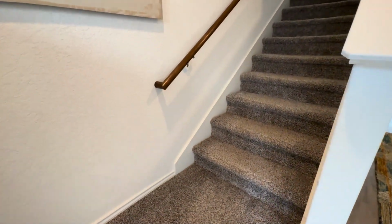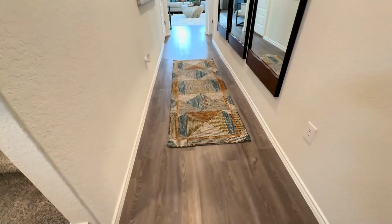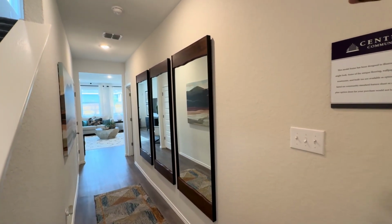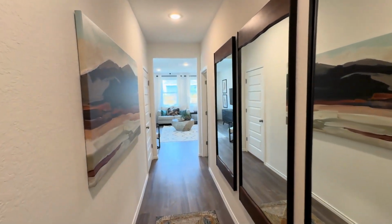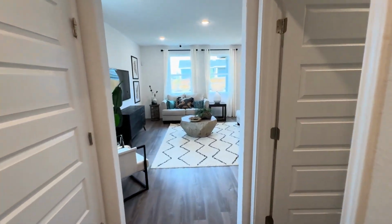Come inside, you have your staircase right here to your immediate front. It is carpeted in the front, but you have this awesome LVP that goes through the entire primary floor. This hallway is super nice. I love that you have these 3 tall mirrors that make it seem as if the property is bigger, if that makes sense. It feels like this hallway is bigger than what it actually is because you have really tall mirrors here. You come inside,